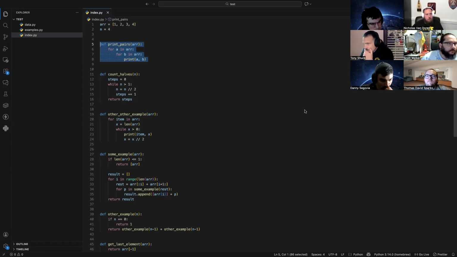Nothing. There you go. Nothing's being kept in memory here. R could be a million elements long, and we're going to iterate a million squared times because it's a nested loop, but there's nothing that we're returning.